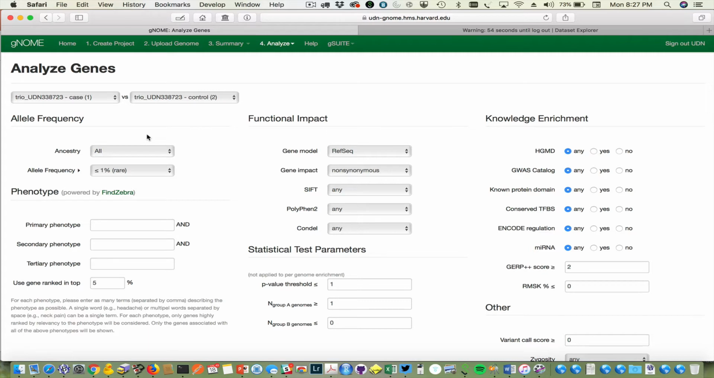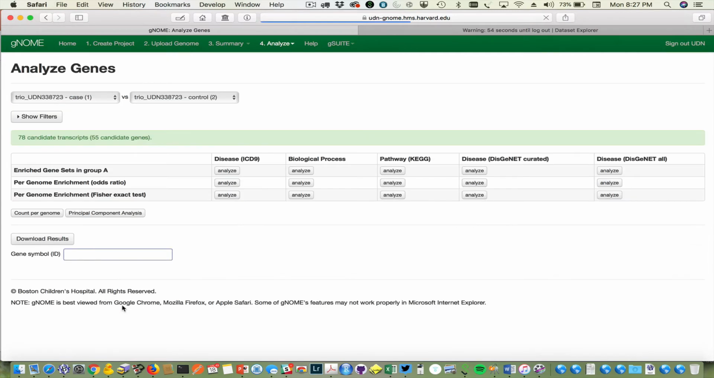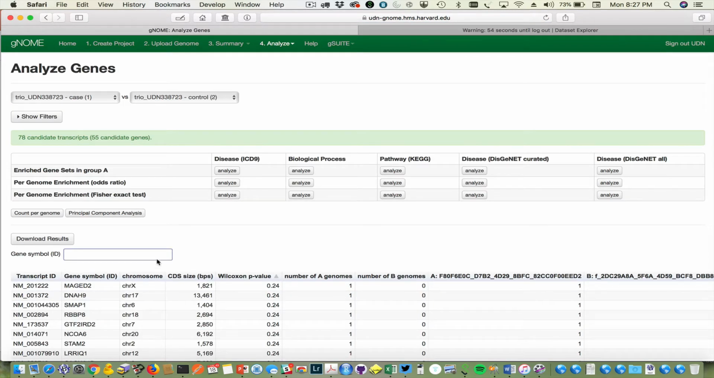The first example will be looking at the trio data coming from this case, with the affected proband and 2 controls for this patient. Then I'm going to look at the functional impact using RefSeq as the gene model, the non-synonymous variants, with any PolyPhen-2 or SIFT mutation. And then now I'm going to filter all the variants from this trio, where I have 78 candidate transcripts from